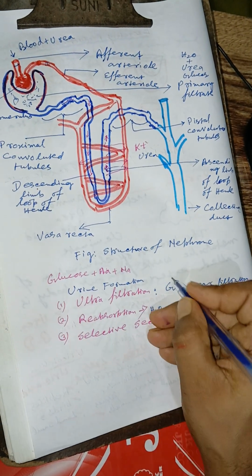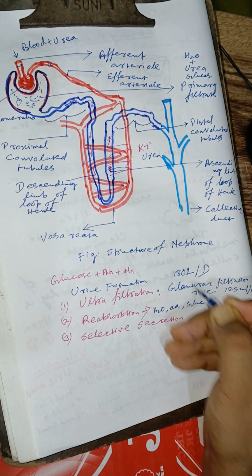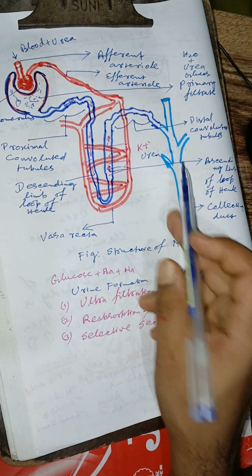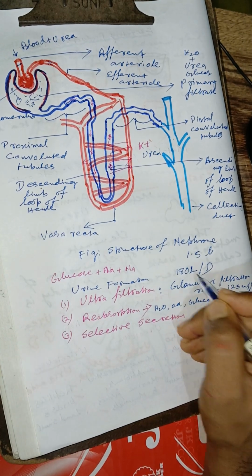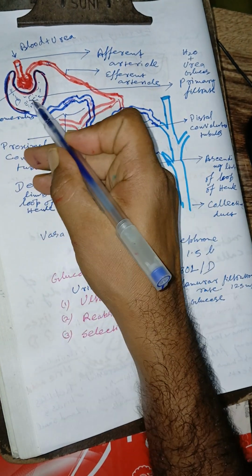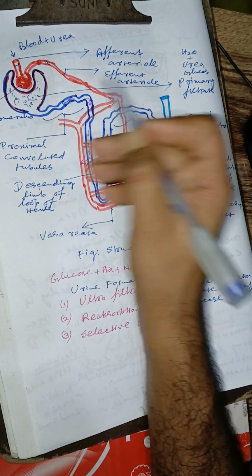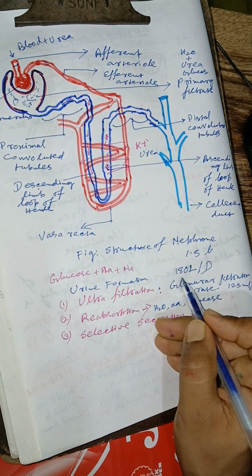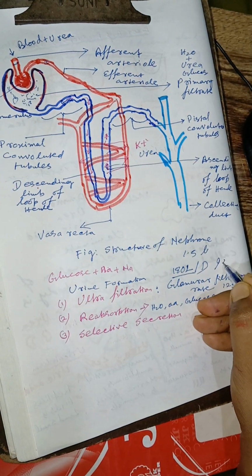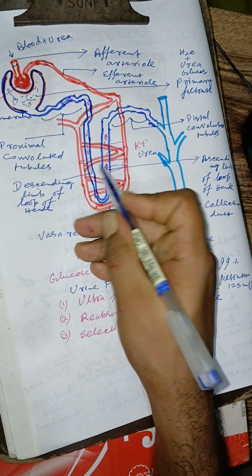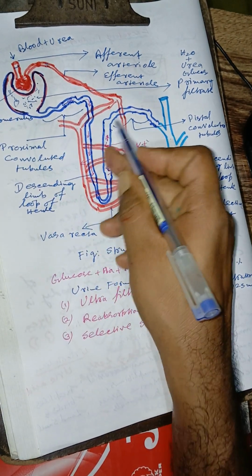Okay, 180 liter, you become surprised, 180 liter per day. But you eliminate the urine how much? That is the 1.5 liter only. Okay, but primary filtrate is deposit here in every nephron of the every kidney, 2 kidney, that is the 180 liters. So maximum amount of water, means 99% of water become reabsorbed when this primary filtrate passing through the renal